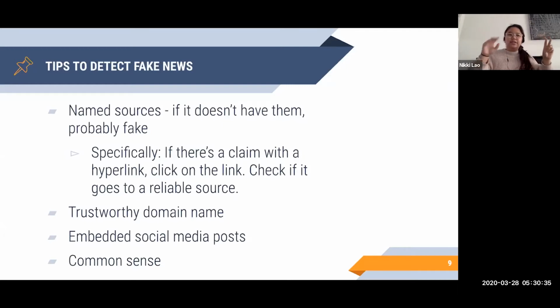So with named sources, I'll just stay on this slide for a second. Named sources: if an article doesn't have them, it's probably fake. If there is a claim in a news article like, oh, ibuprofen is bad for you for the coronavirus, and there's no source backing that up, then it's probably fake. An easy trick is to quickly Google it and think, this claim is kind of weird, let me make sure it's legit. You would just Google ibuprofen coronavirus, and usually fact-checking sites would be up already. But anyway, if there are named sources, Google the name, but if there aren't, don't even bother with the article,